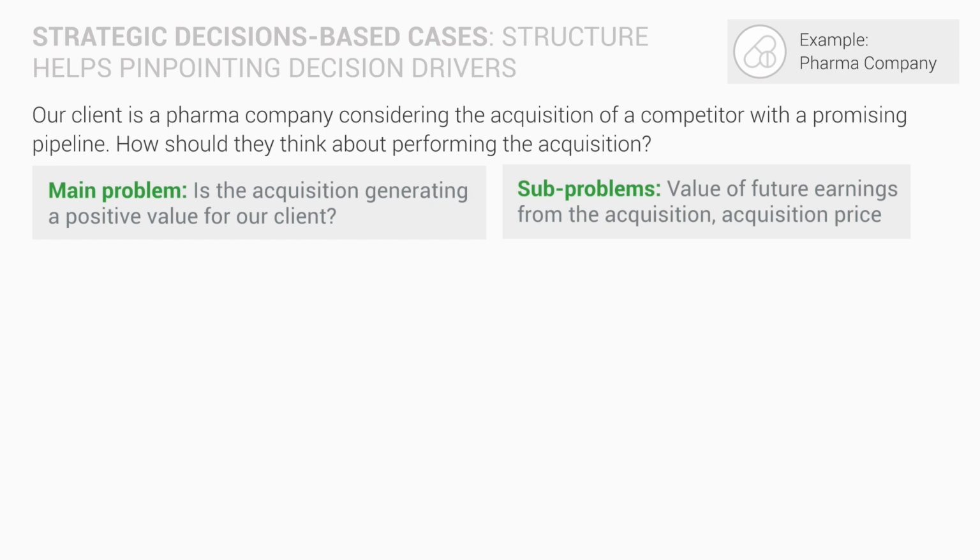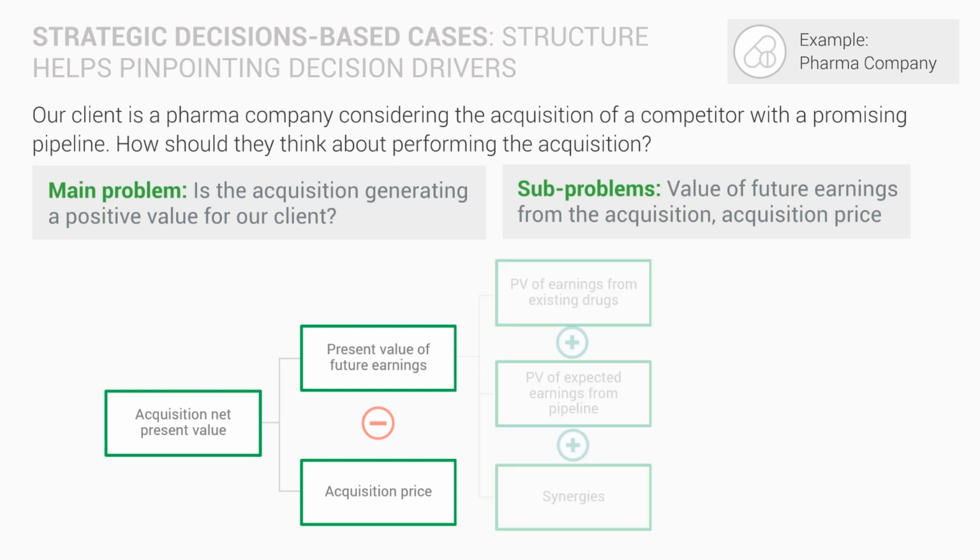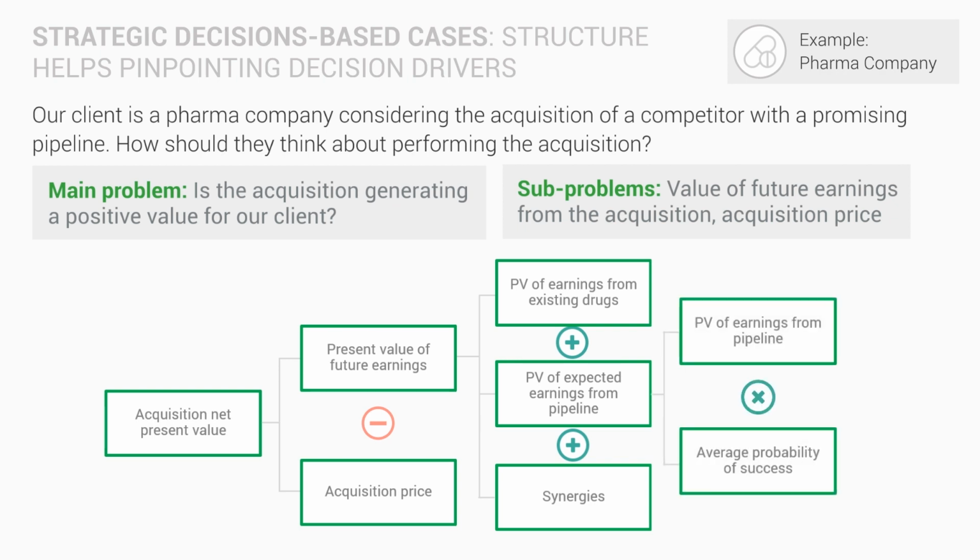Again, we can use an issue tree structure to identify the subproblems. The net present value of the acquisition is the present value of future earnings minus the acquisition price. The present value of future earnings can be further divided into the present value of earnings from existing drugs plus the present value of expected earnings from the pipeline plus any synergies. The present value of expected earnings from the pipeline is a function of present value of earnings from pipeline times